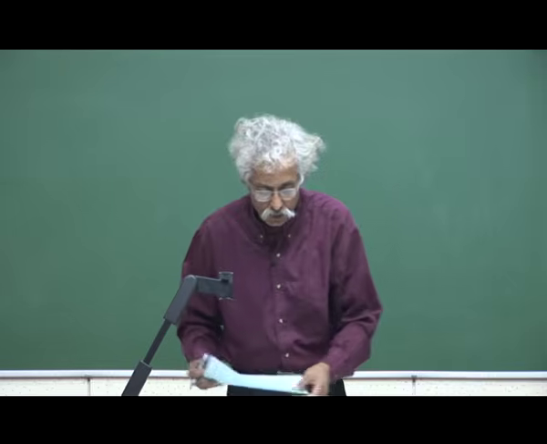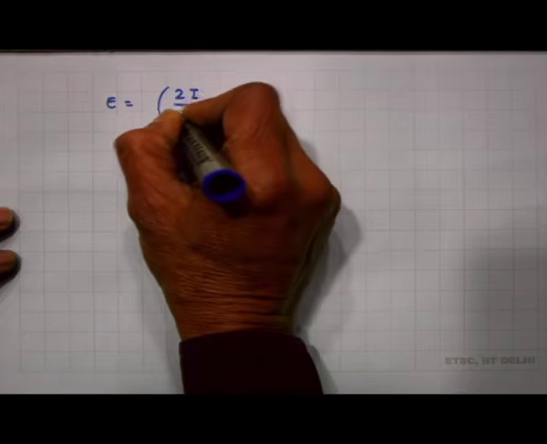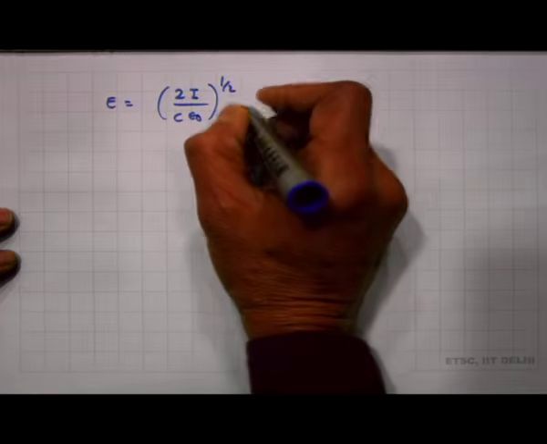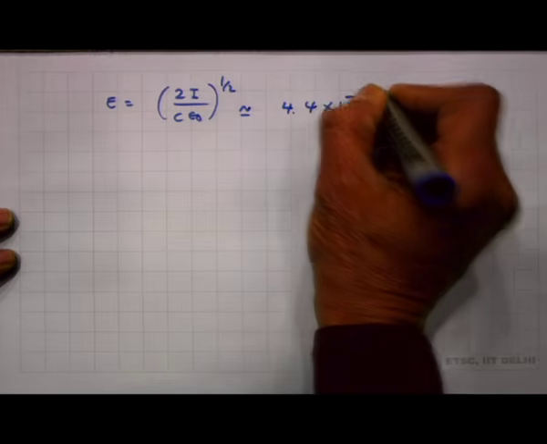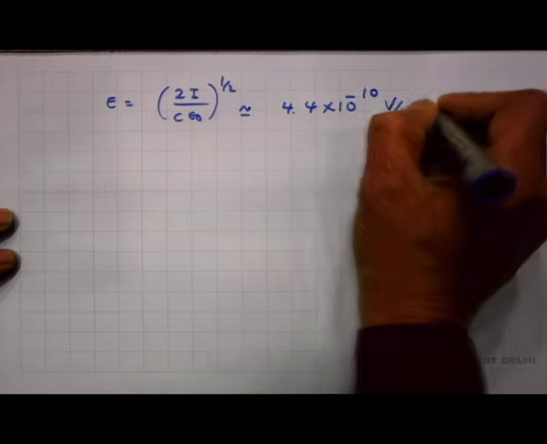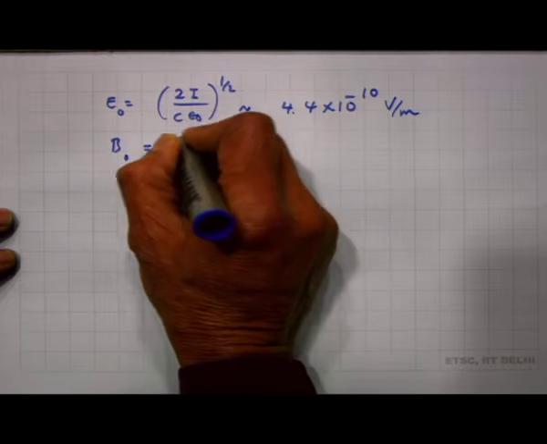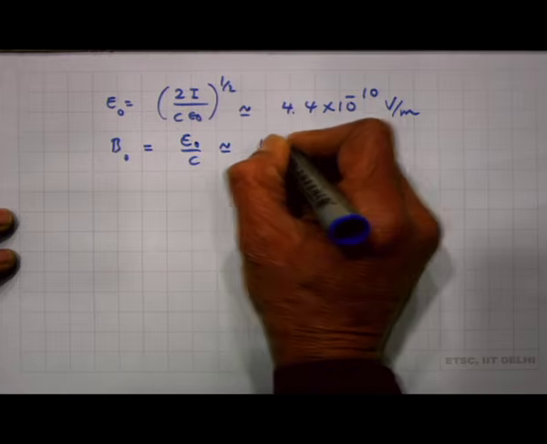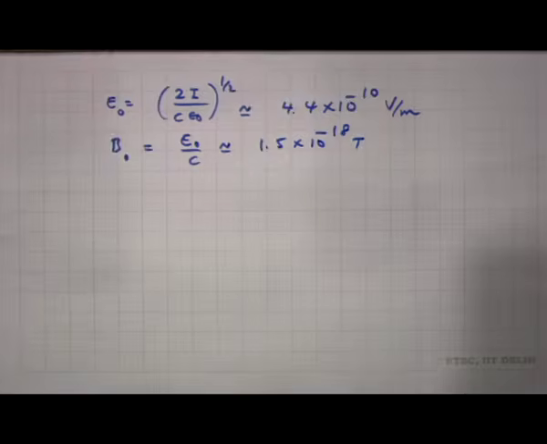the corresponding electric field. Electric field E0 is (2I / (c ε0))^(1/2), and that comes out to be 4.4 × 10^-10 volts per meter, and the magnetic field is equal to E0 by c, which is approximately 1.5 × 10^-18 Tesla. It is a very small electric and magnetic field that is coming from the spacecraft, and our detectors here are able to detect these